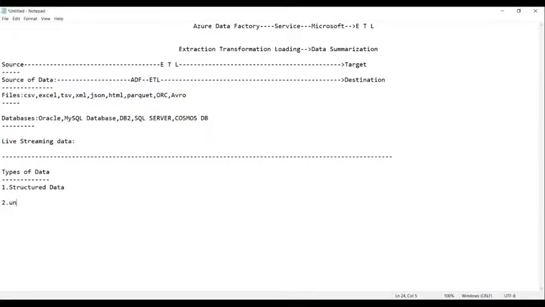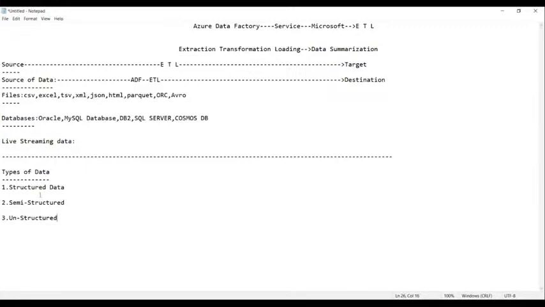semi-structured data. And the third one is called unstructured data.